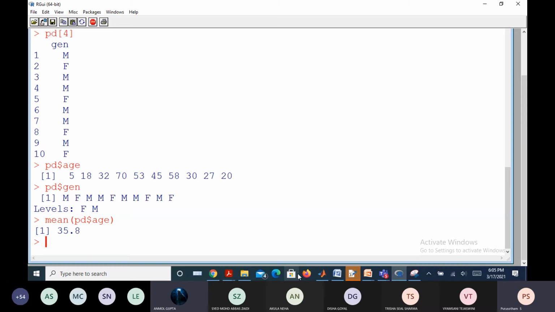So if we had taken instead mean of PD in the square bracket 2, then we would get the same output. You tell me what the syntax mean of PD, answer in the square bracket 2, is going to give.